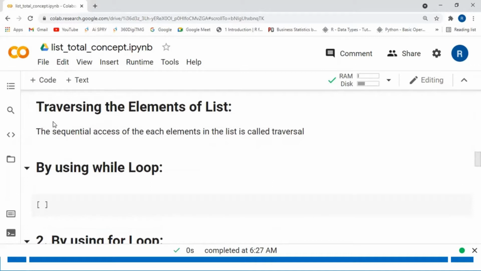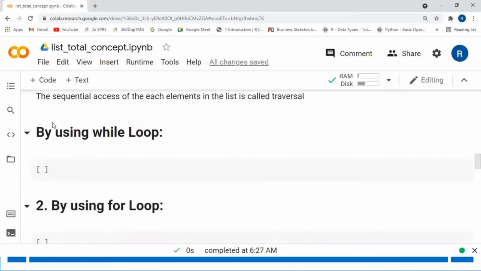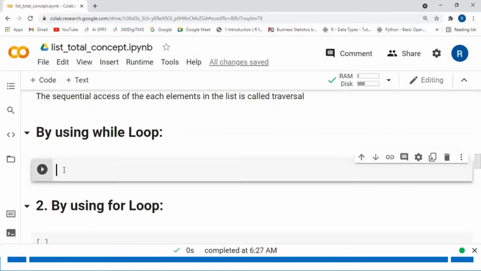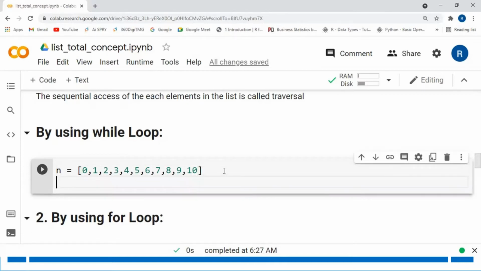Now we discuss traversing the elements of list. What is traversal? The sequential access of each element in the list is called traversal. Yeah, by using while loop. Now I am creating one list: 0, 1, 2, 3, 4, 5, 6, 7, 8, 9, and 10. This is my list. I want to access each element from the list. First, I am initializing i is equal to 0.